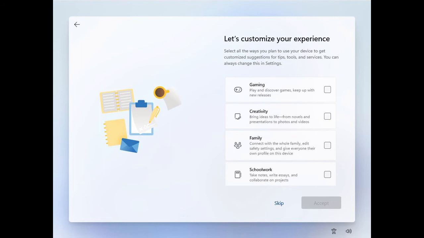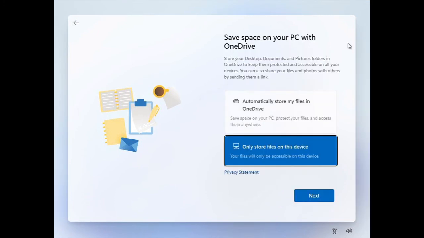It depends upon your requirement. You can select those options, and it will install the appropriate applications as well. Suppose you don't need anything, then you can skip it and perform it later after the OS is installed. Here I'm selecting the skip option.